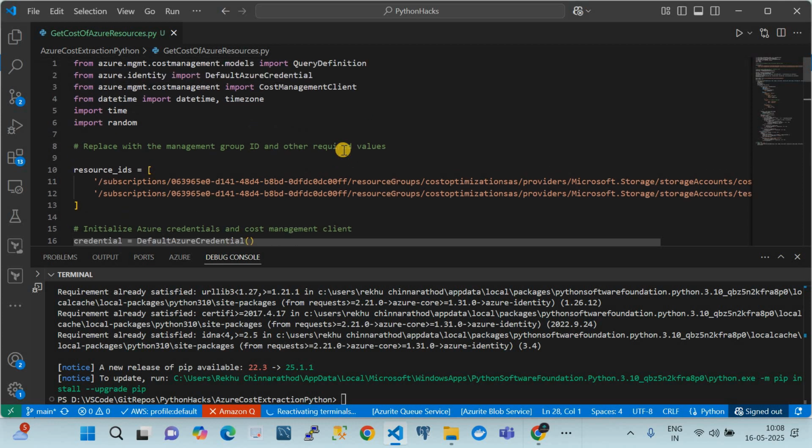This is a very simple script. By the way, I'm going to share this script in the video description. You can use it, and when you use it, modify it according to your resource IDs, and then it will help you to get the cost of a resource per day. As I have installed a couple of Azure Python SDK modules, in this one we are using the cost management module of Python. This is something you have to import: from azure.mgmt.costmanagement.models we are importing the query definitions, and from azure.identity we are importing